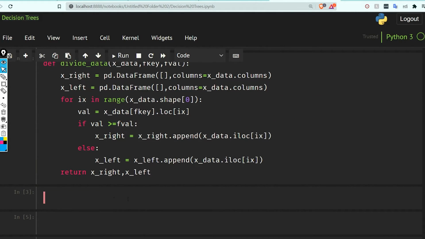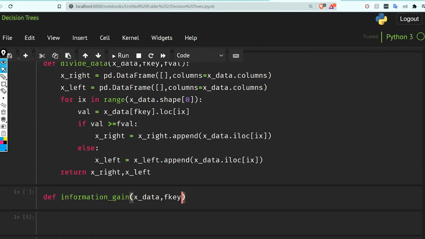Okay, so now the next thing that we need to do is make an information gain function. So let's make def information_gain(x_data).